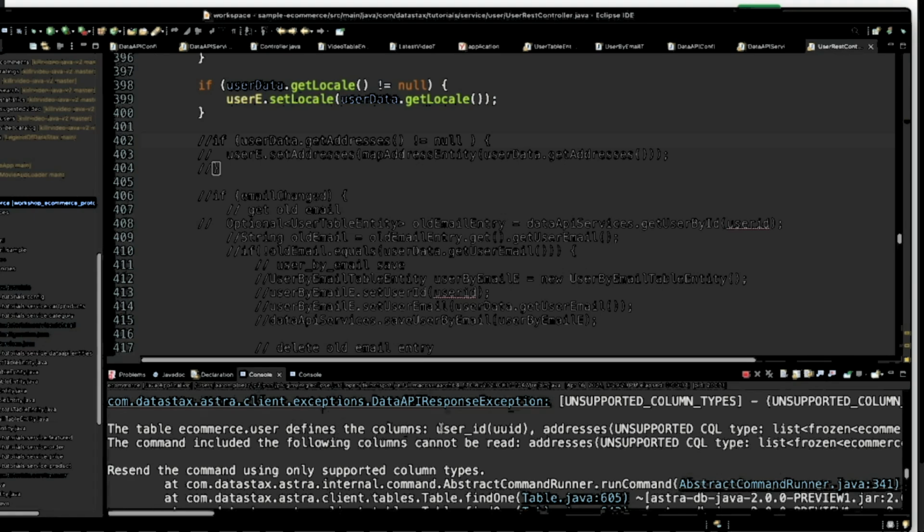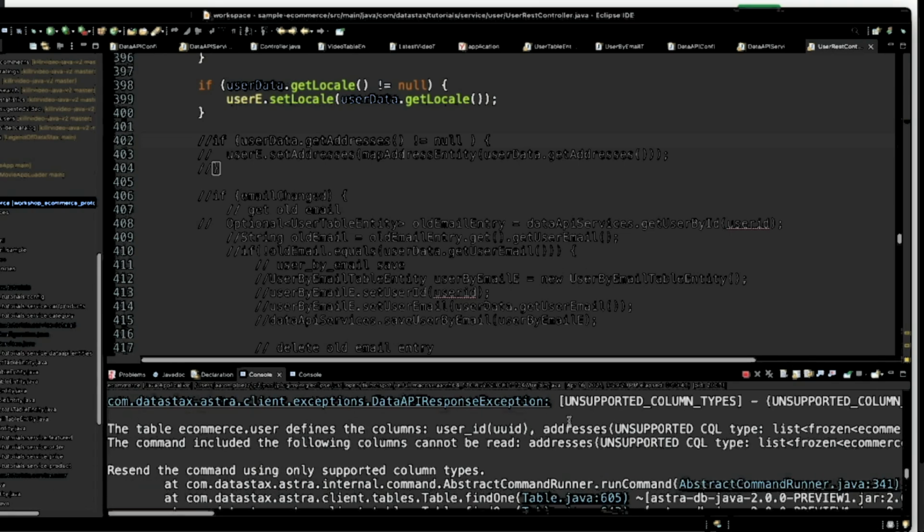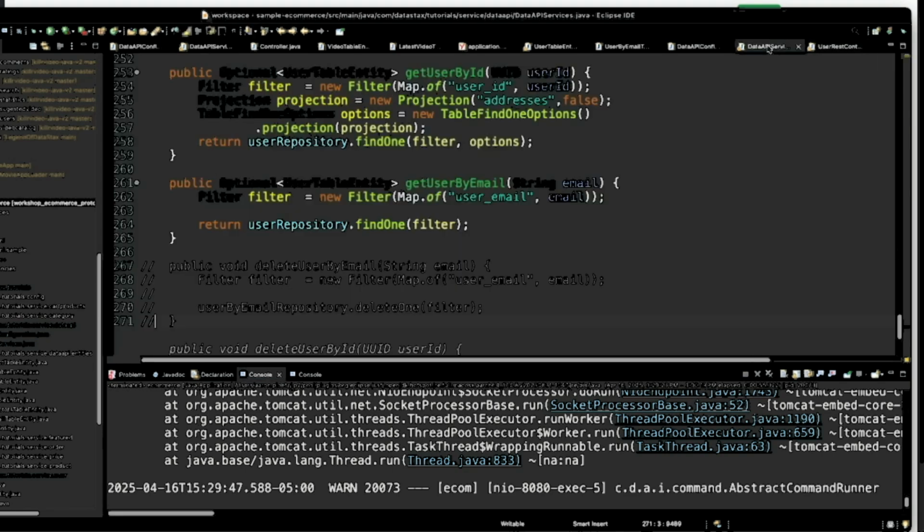E-commerce user defines the columns. Oh, there's another read here where we're pulling back addresses. Okay, so we need, first of all, to stop this. And second of all, let's have a look here.